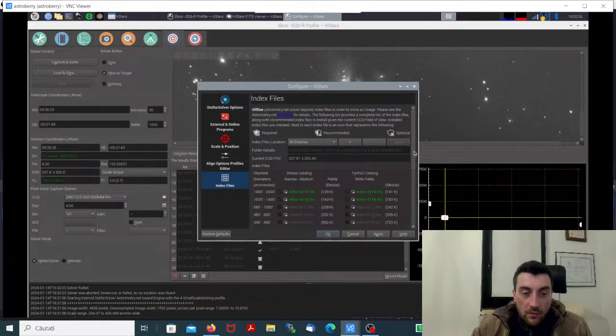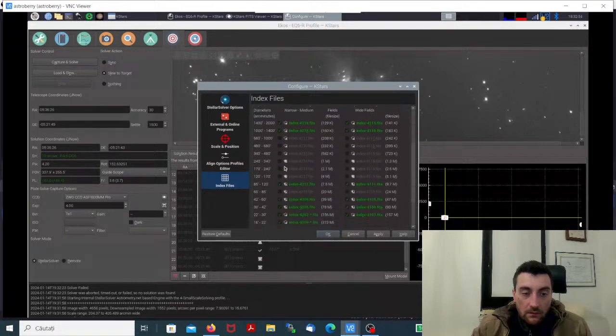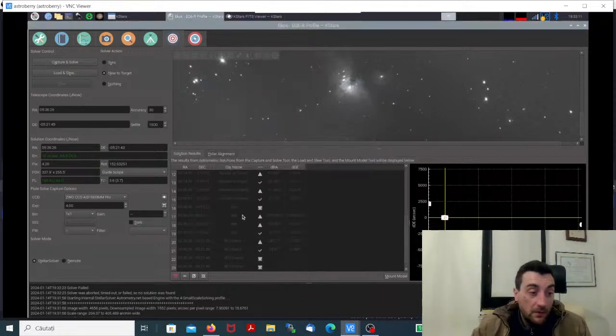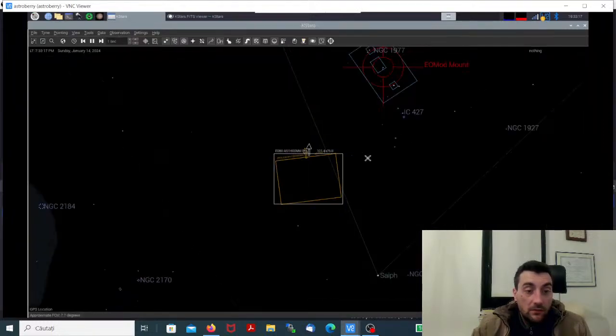So these are all the required ones. So I don't have the required ones, basically. See these ones here to make it work with the big one. I'm not going to do it right now because it will kill the bandwidth I have with the remote server, because it gets all of them on the remote server. So I'm not going to do that now. I don't want to. So instead of that, let's go to